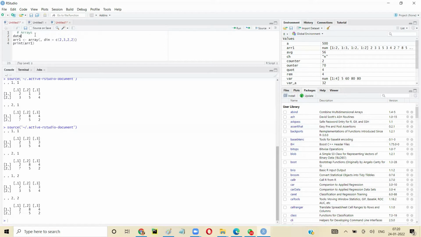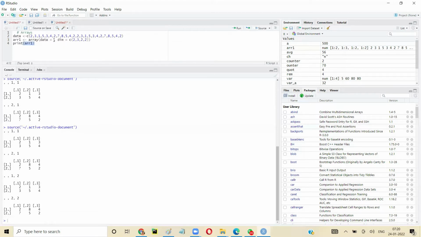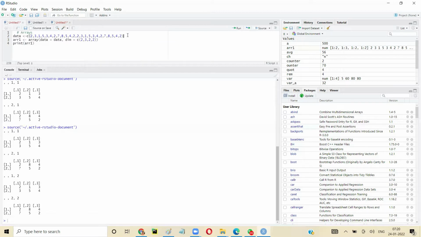Data equal to this, and here I'll say data equal to data. I'll say dim size. Dim size equal to,